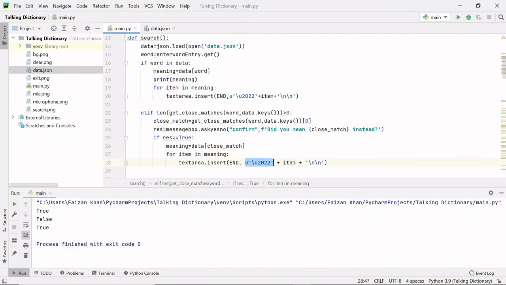Firstly the bullet symbol will be inserted in your text area, then the first meaning, then the new line character. Again the loop will run, another meaning will be inserted, firstly the bullet symbol, then the meaning, and then the new line character. Again the loop will run, the third meaning will be inserted, firstly the bullet symbol, the third meaning, and then the new line character, like that. I hope you understood. Let me just run this.